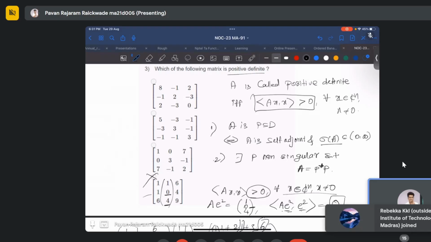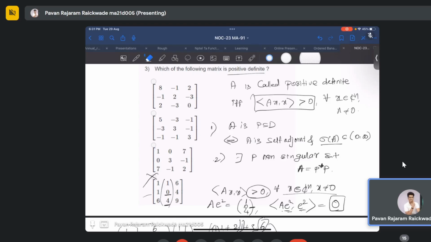That is a positive definite matrix. How did you come up with that? Sir, principal minor. The first is positive, and then the second, 5 into 3 minus 9, is also positive, and the determinant is also positive. Yes, that's another characterization. That's correct. So option number three, which says that if all the principal minors are positive,